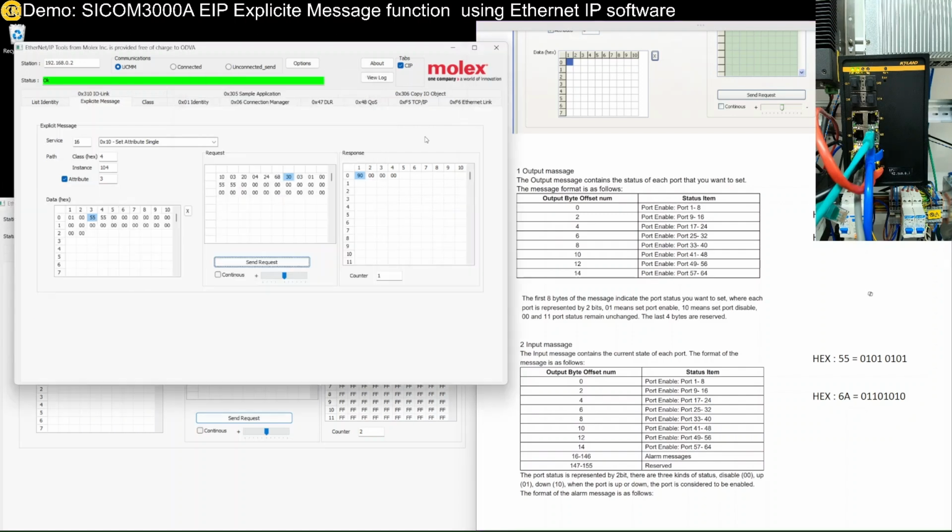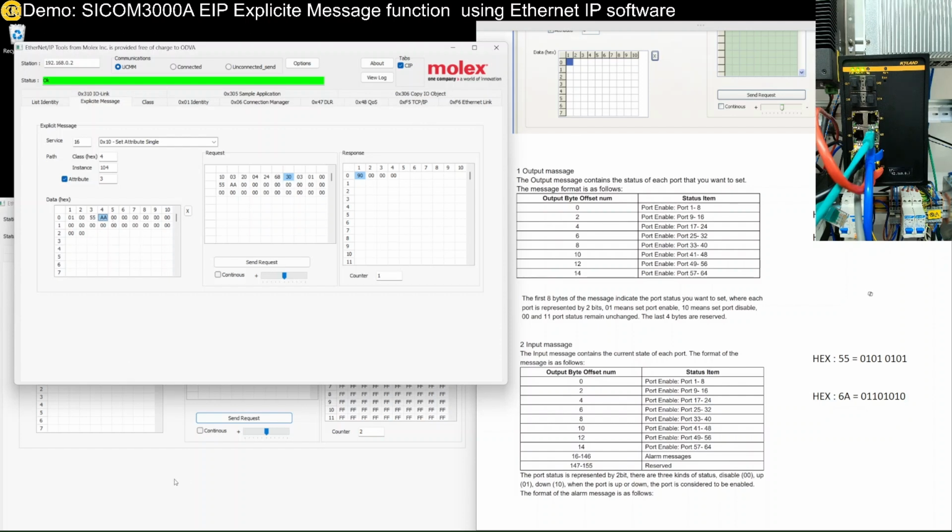Let's try to disable one of the bits. The understanding is, this is the first bit, second bit. To disable, we have to change this to AA. Why? Because this byte is for the first 4 ports. This is the second set of 4 ports. So, to be more accurate,